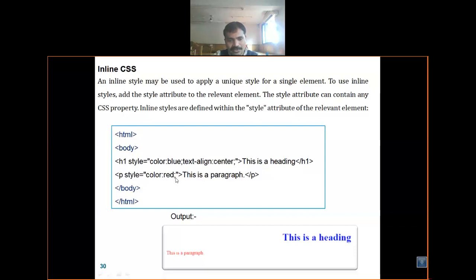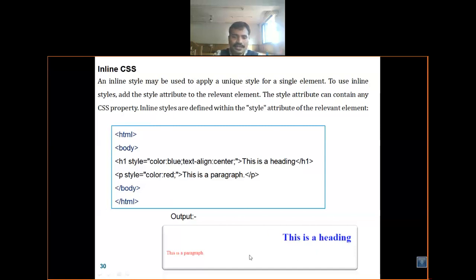Whatever color you set, you specify the property within double quotation marks. In the same way, the style is there at the beginning, and you need to close it, then say the color property. You use the color red, then set the font property with the p style. The body tag should be closed, and the HTML tag should be closed. So this is the output, this is the way to display your result with inline style.